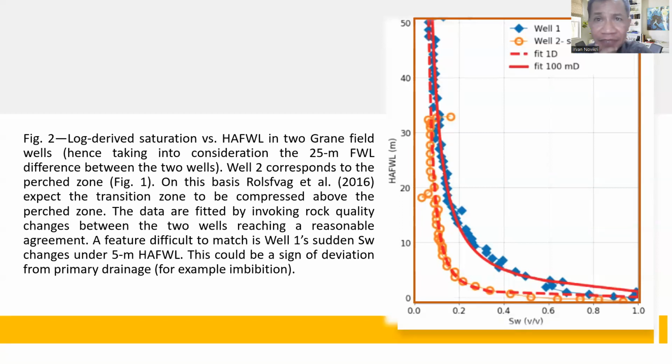The next figures show a comparison of log-derived saturation with height above free water level in two different wells in the Fulmar field. Well number 2 corresponds to the perched zone, and based on this observation, we expect the transition zone above the perched zone to be compressed. The data is fitted by considering the change in rock quality between these two wells. But the challenging aspect is how to explain the sudden change in water saturation in well 1 under 5 meters height above free water level, which could indicate deviation from the primary drainage,